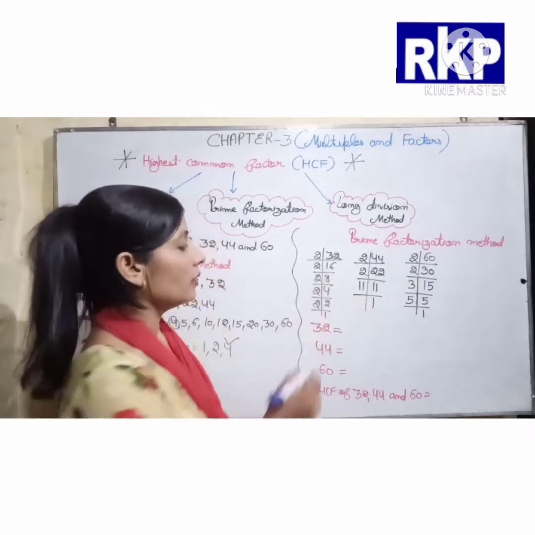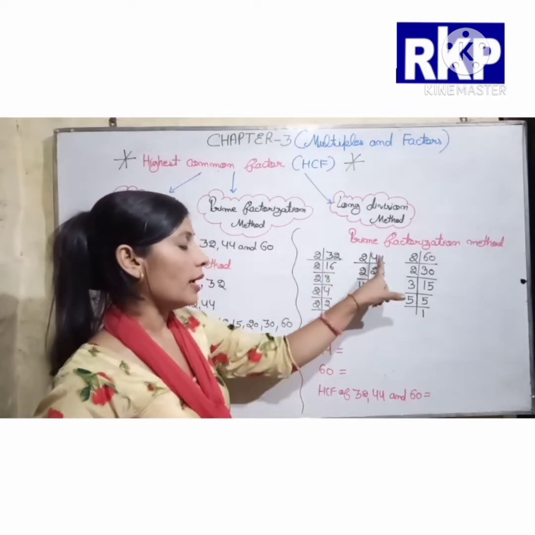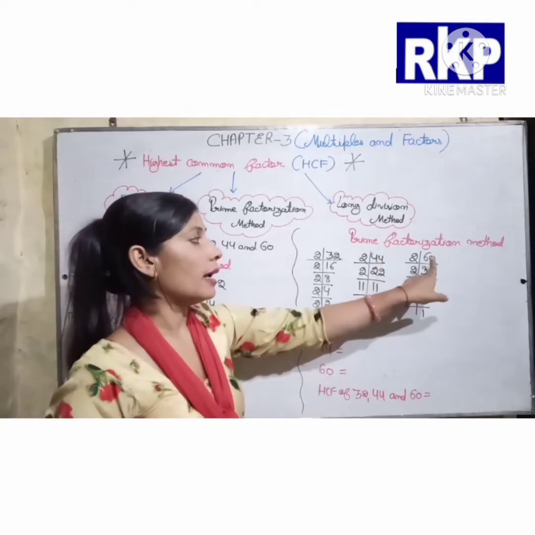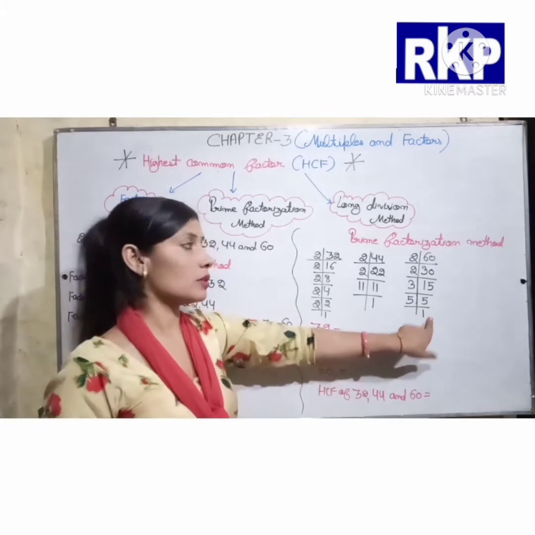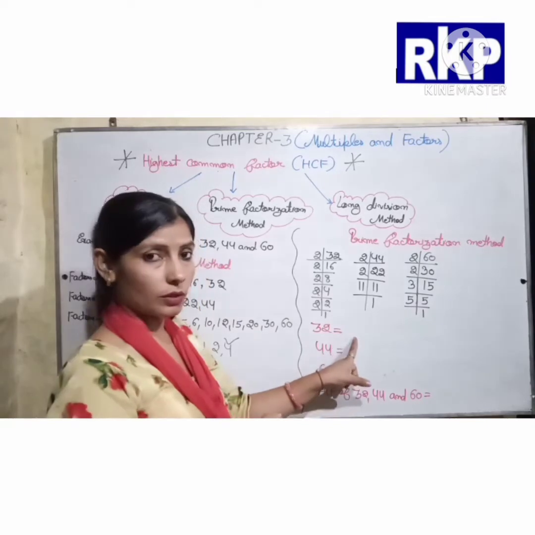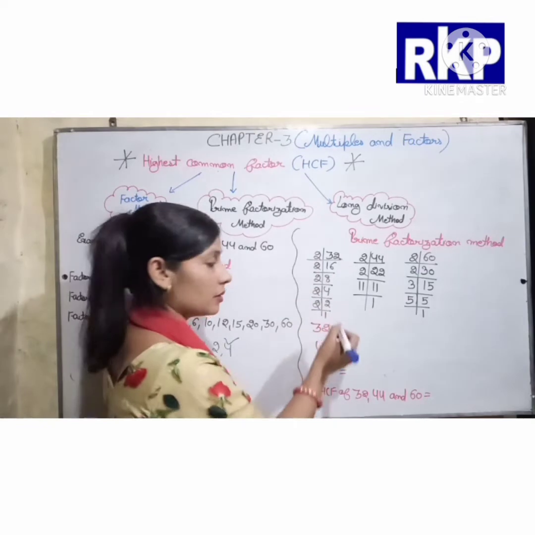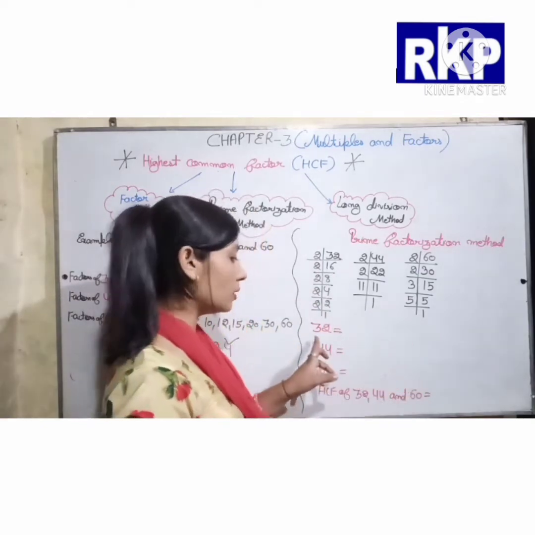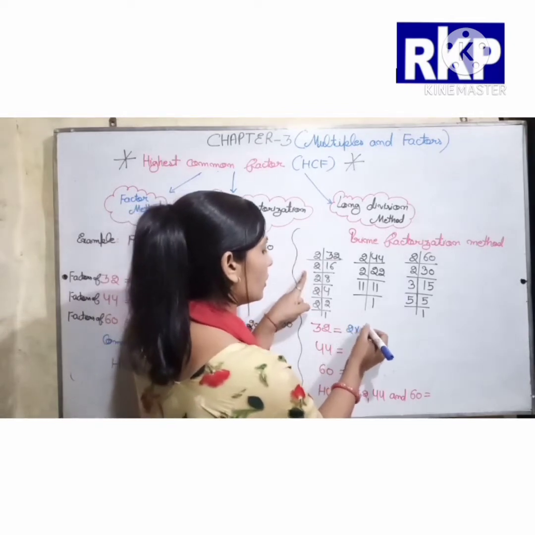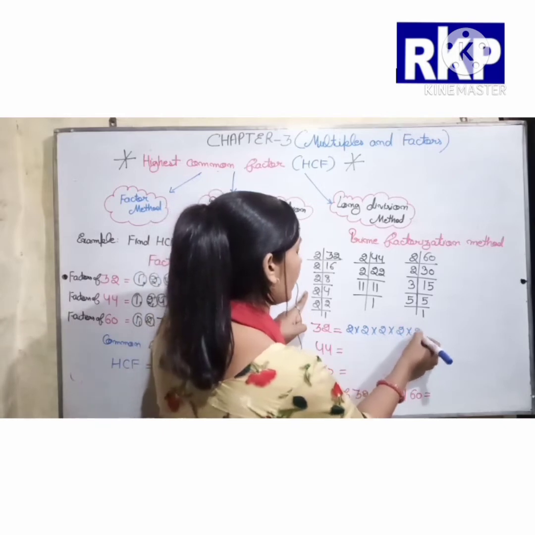You can see like this we have to find the prime factors of 32, and here like this we have to find the prime factors of 44, and like this we have to find the prime factors of 60. Now we can write 32 is equal to, here we have to write all these prime numbers as a product of 32. So here beta we have to write 2, then 2, 2, 2 and then 2.